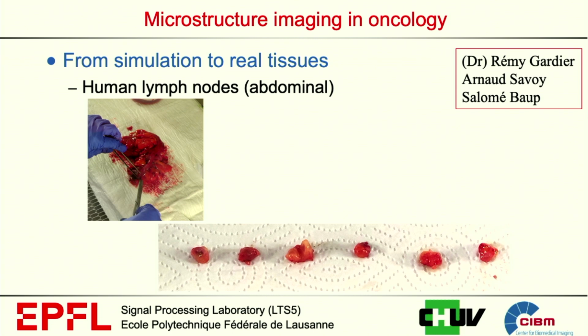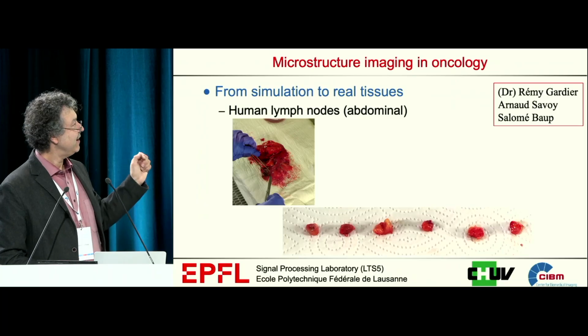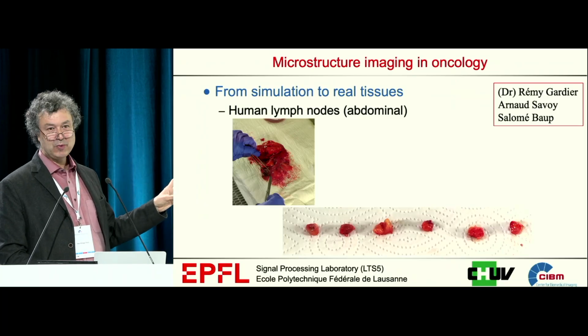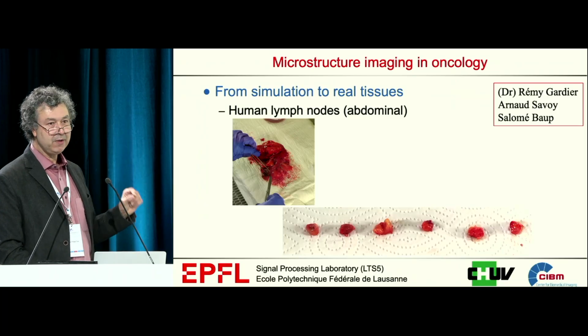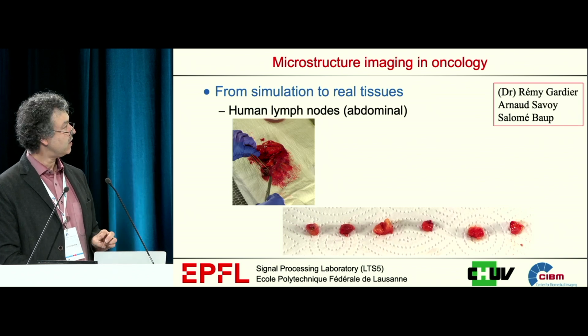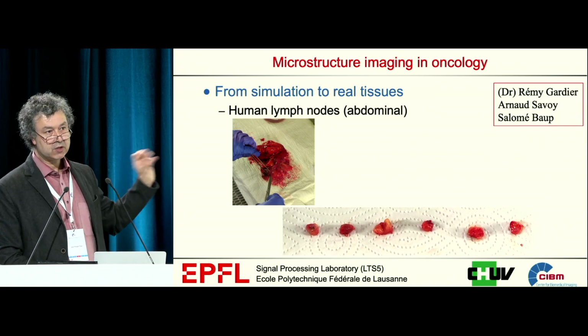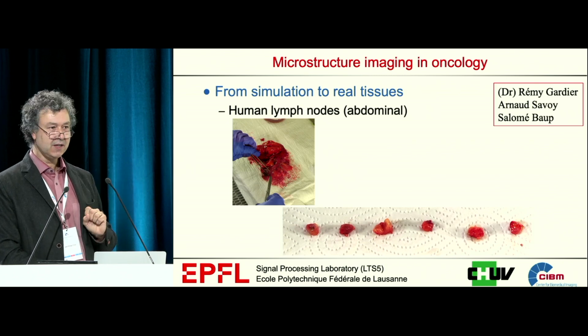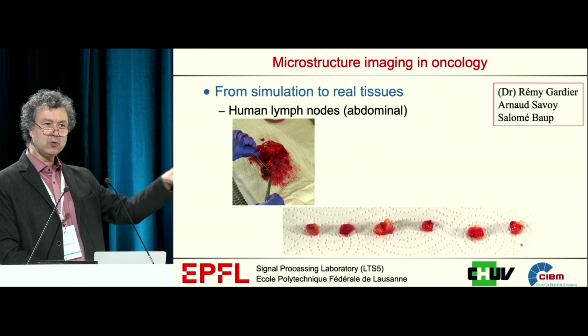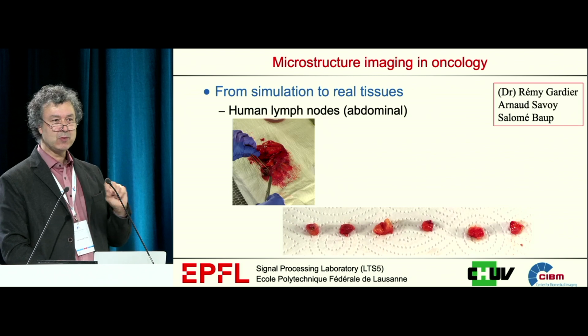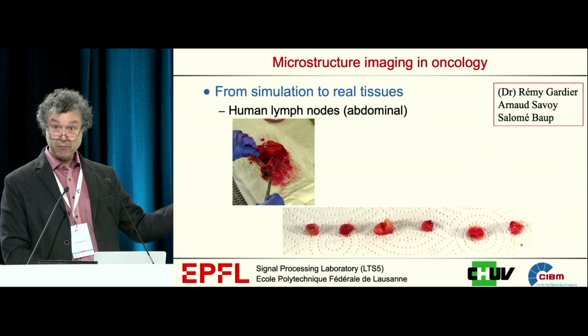I will not be long, but it is a very long process, as you can imagine, because we have to control the ethical aspects, of course, obviously. And moving to human patients is not an easy step. It took a while to get the ethical clearance. But two weeks ago, we managed to have the first lymph nodes of healthy patients. It might look strange to remove lymph nodes from healthy patients, but actually they were patients operated for something else